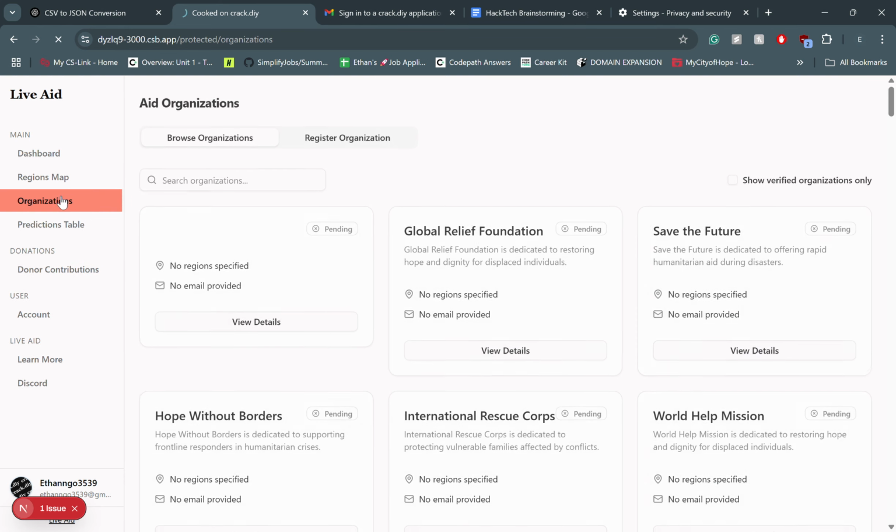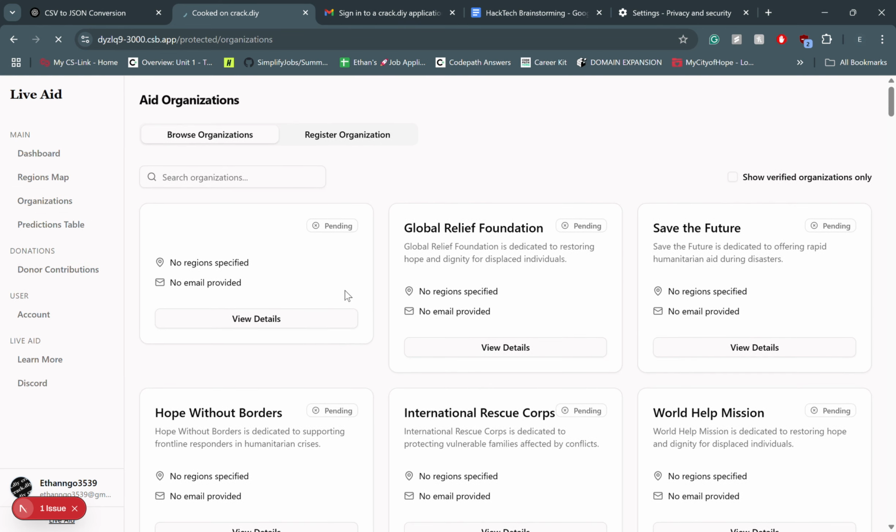And what the organizations page is, is a way for you to